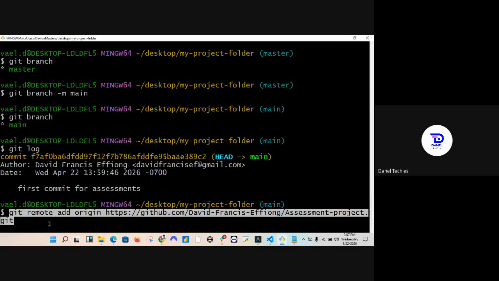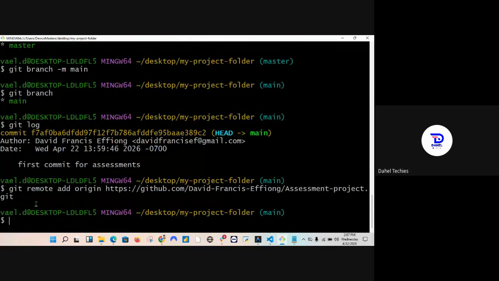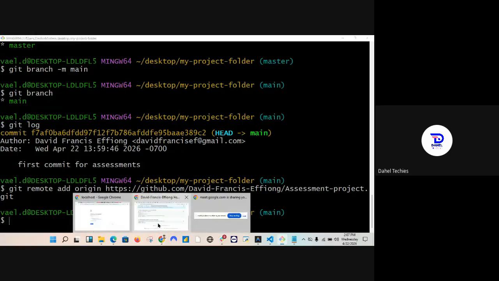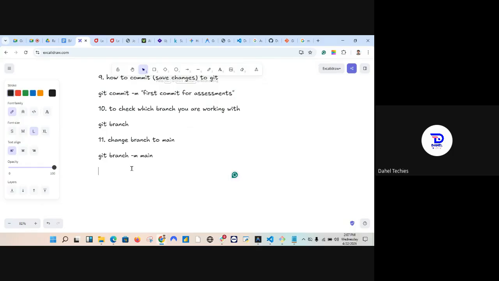I'm going to hit enter. So yes, I've added that origin there. And let's add that to our notes. Number 12 would be go to GitHub and create a new repository. And number 13 would be